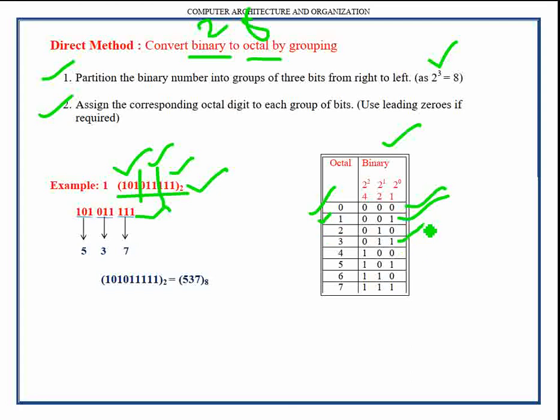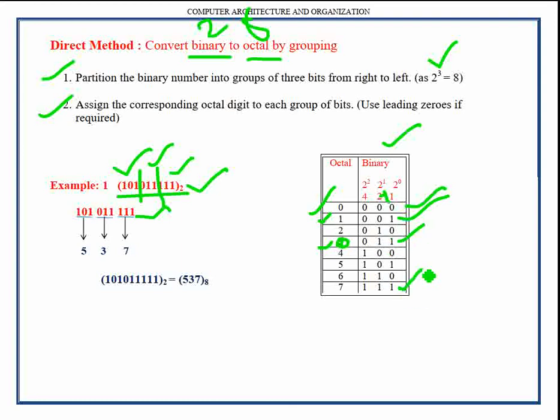And let's take this group. Here 2 bits are present. These bits are in positions 0 and 1, and hence their weights are 1 and 2. To get its octal equivalent value, the weights have to be added. That is, to know the octal value of the group which contains 0, 1, 1, we have to add 2 plus 1, which is equivalent to 3. That is the octal equivalent value for the group which contains 0, 1, 1.